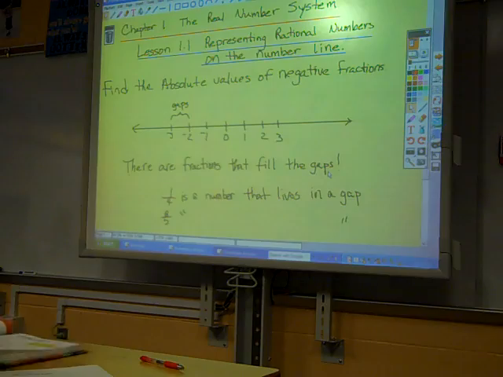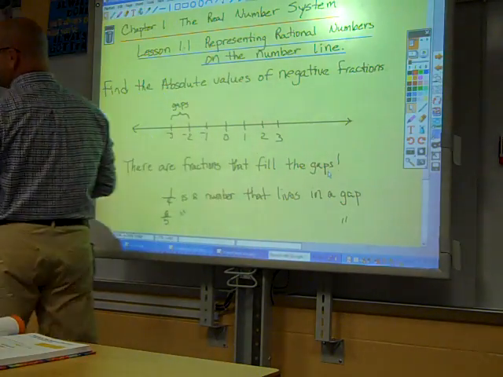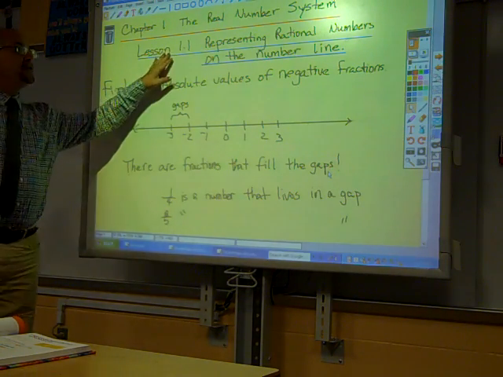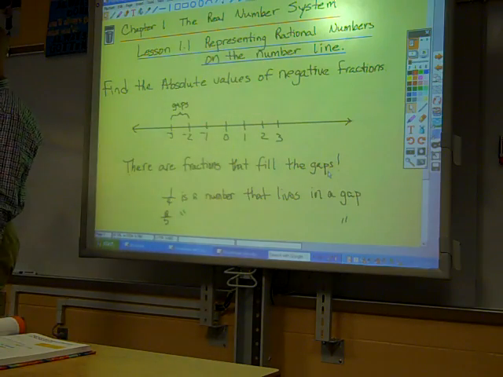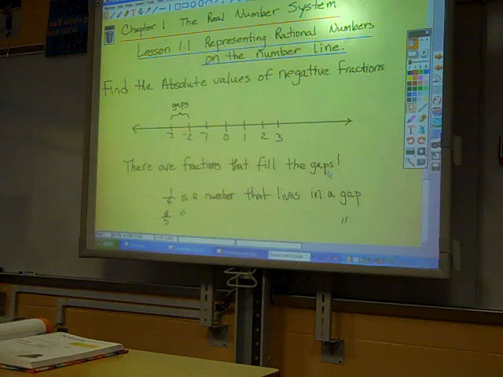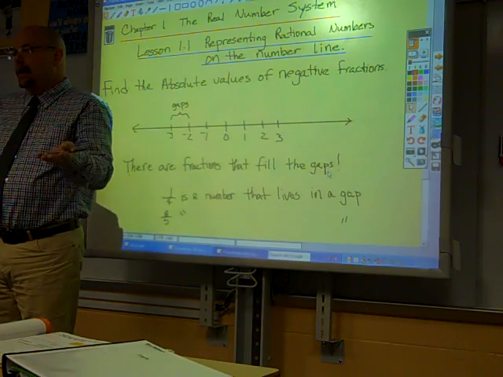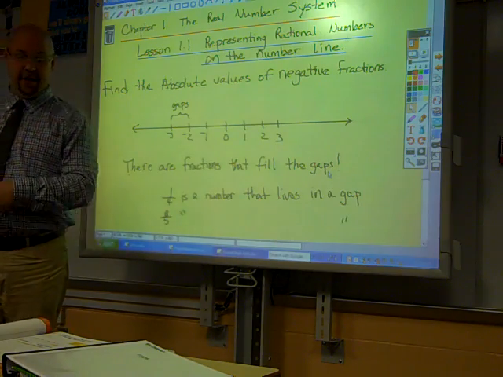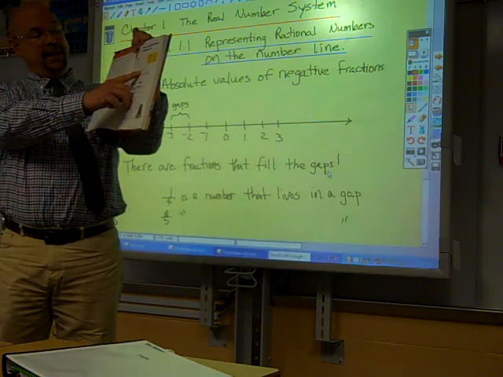All right, so we have chapter 1, the very beginning of the book, the real number system, and we're going to start with lesson 1.1, which is on page 7, and it's called Representing Rational Numbers on the Number Line. What we're going to do is learn all about these kinds of numbers and where they live on the number line. The first section that we're going to cover in that lesson 1.1 is finding the absolute